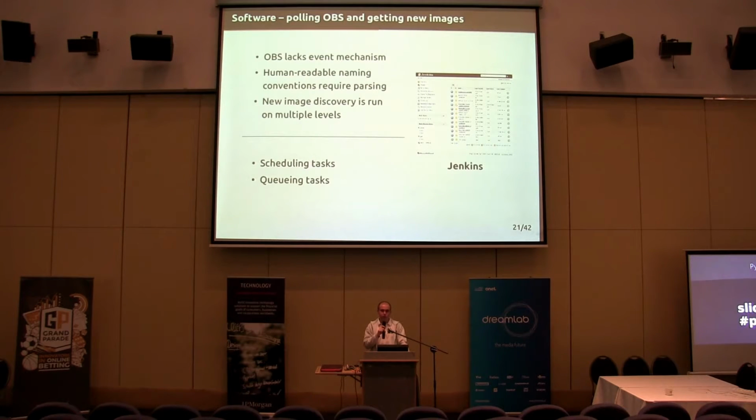Also, it was designed for human interaction, so all the naming conventions are in a human readable state, and it requires some additional parsing so that it can be easily used in an automatic way. Also, new images are published in multiple locations, so doing it by hand was not really what we like the most about release engineering. All those three tasks combined with our Jenkins server and some Python magic allowed us to automate all the work. So we currently have a Python-based crawler and a Python-based downloader bound to the Jenkins jobs, which are scheduled and queued on the testing server